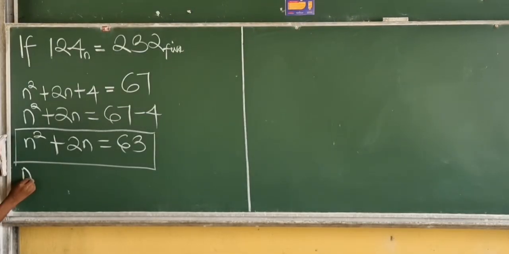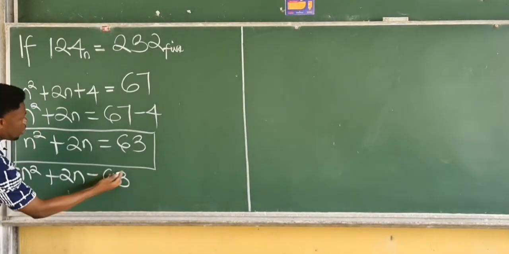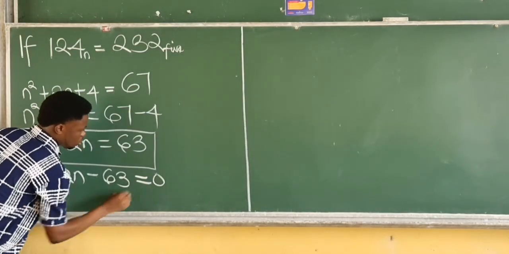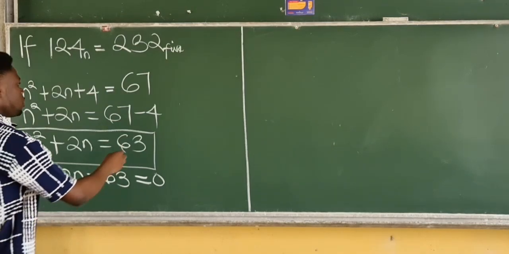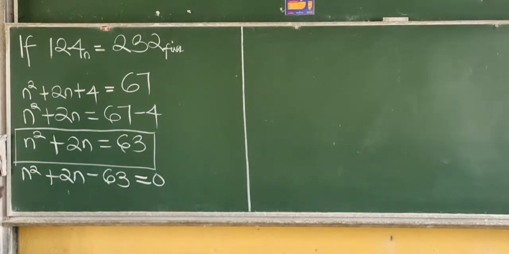Therefore, we have n raised to the power of 2 plus 2n minus 63. When it crosses over, it becomes minus, this is equal to 0. Okay, let's solve this using the almighty formula or the formula method. In the formula method, we have to determine the value of a, b, and c in the equation. So in this equation,